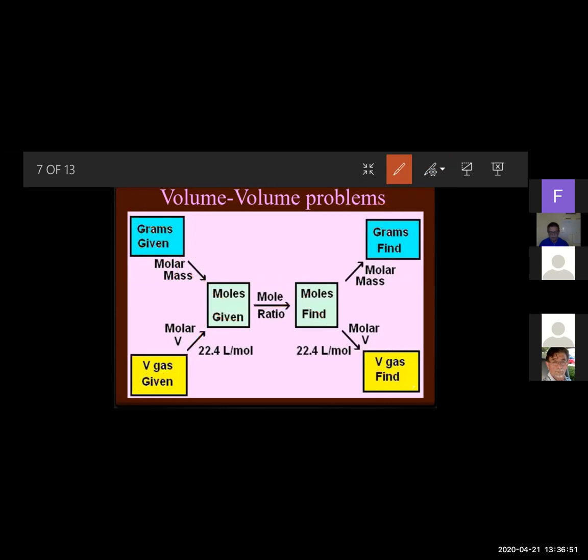So the point of that graph is you can go in every direction, starting from the bottom left corner all the way to the top right corner, bottom right corner all the way to the top left or the top right, or you can go from gas all the way here to the gas, okay? So if you study this flow chart, I think with the problems that we have given you on the homework and the worksheet, you hopefully should not have a problem trying to get from point A to point B. Okay.